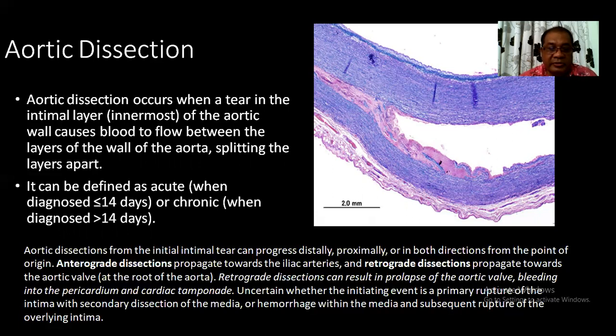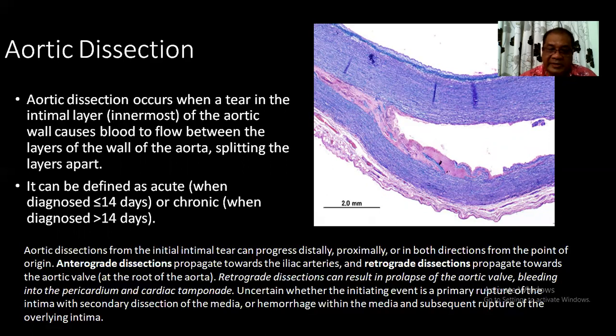Aortic dissection from the initial intimal tear can progress distally, can progress proximally, or in both directions from the point of origin. Anterograde dissection propagates towards the iliac arteries, and retrograde dissection propagates towards the aortic valve at the root of the aorta. Retrograde dissection can result in collapse of the aortic valve, bleeding into the pericardium causing cardiac tamponade,